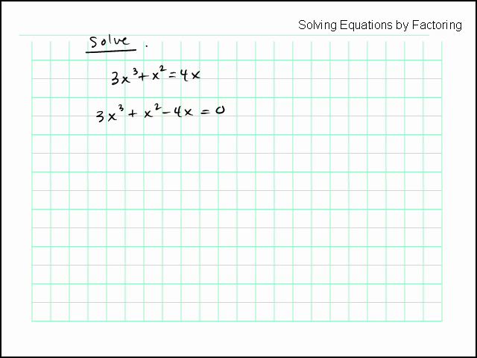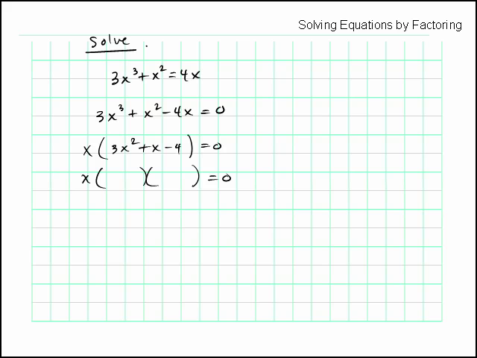Factoring the left side, I notice on this one that I do have a GCF. I can factor x out of everything first, so I'm going to do that first. So now I've got 3x squared plus x minus 4, like that. Now I'm going to factor the trinomial,